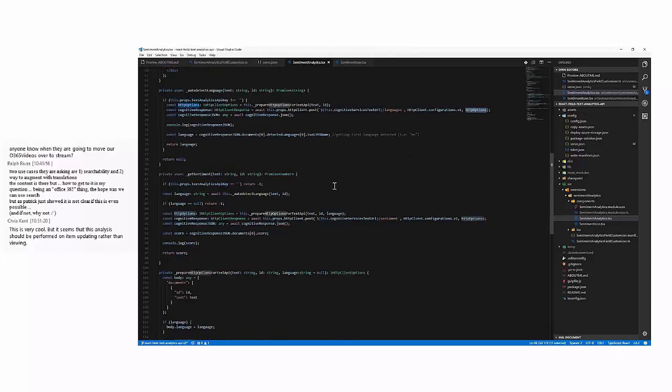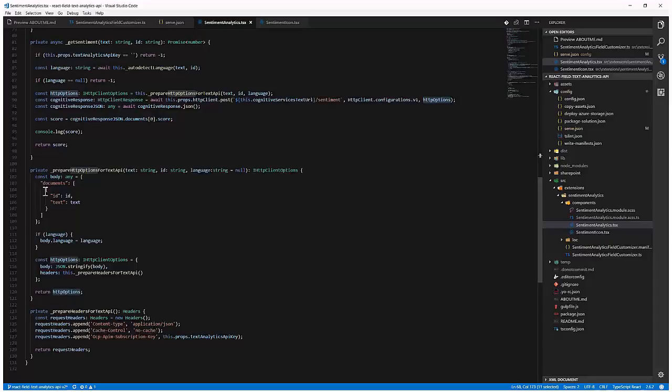is from this function. So we are saying, as you've seen in the previous web from Microsoft, the different documents with a specific ID. This ID is just a GUID that I'm creating when the component starts, and the text that is coming from the field in the list. And if we are calling the sentiment, we also need the specific language code, as we'll see in a minute. Also, we are adding some headers in the request with the API key and JSON content type